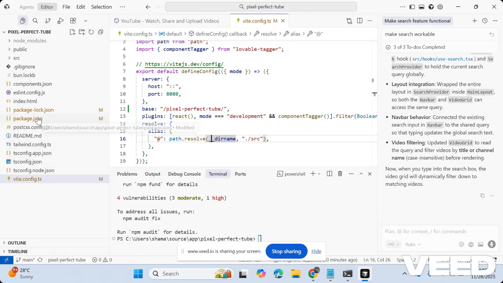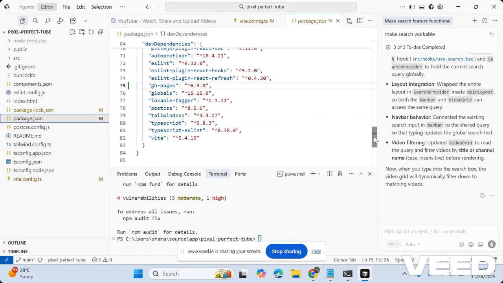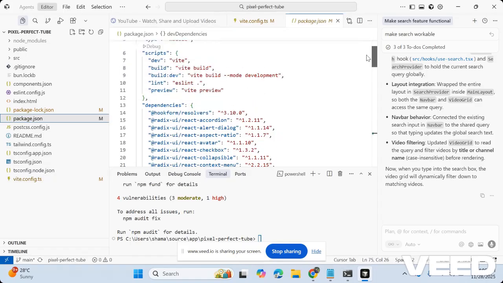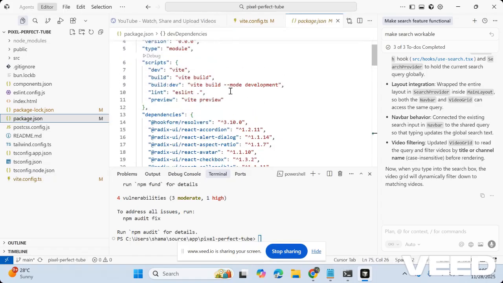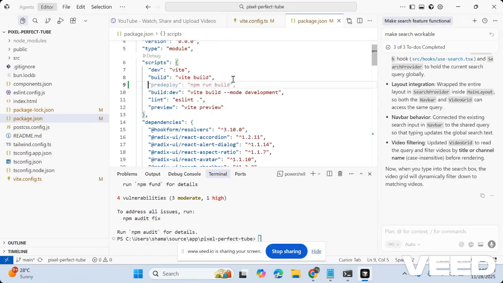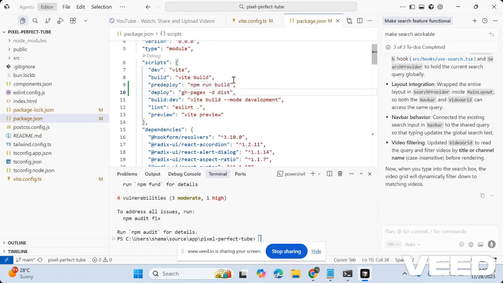And then if you go to package.json, here in scripts we also have to add two things. One is deploy, and the other is pre-deploy. In pre-deploy it should make a build, and then in deploy it should push the dist folder to the gh-pages